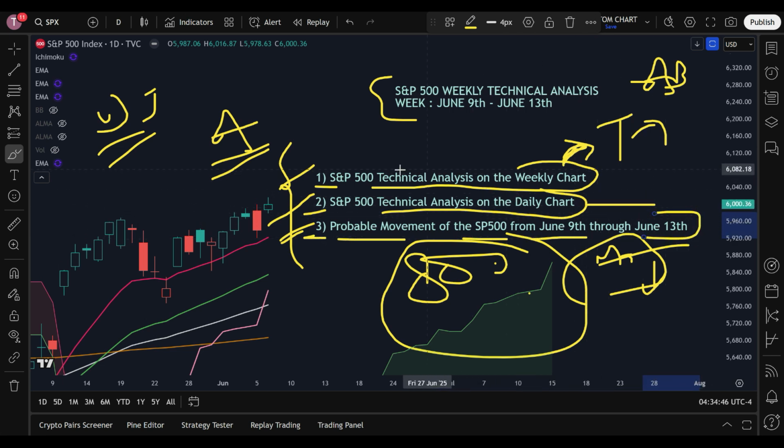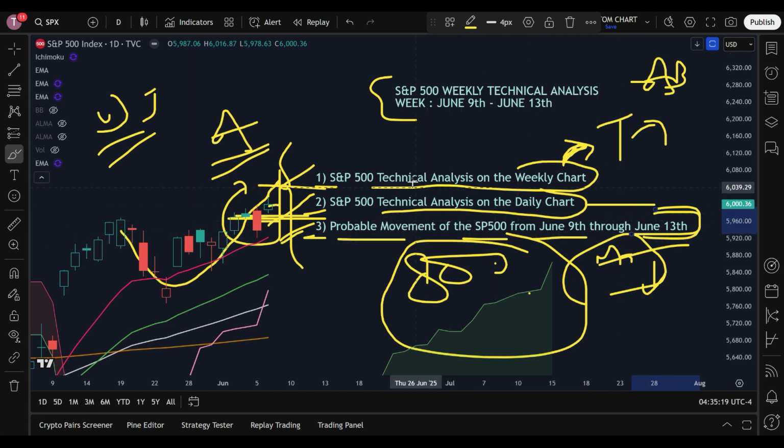So I will tell you how the S&P 500 is going to move and behave. For example, first it will move up to what level, and then it will come down. But when it comes down, what will tell us whether there will actually be a fall or not? And if there will be a fall, then to what level, and then a reversal to what level. All of these conditions, bullish, bearish movement, levels, zones, each and everything I will discuss in this third and last point of the agenda.